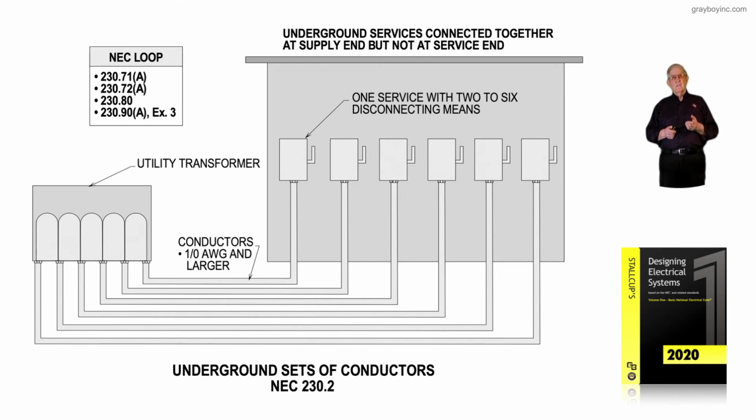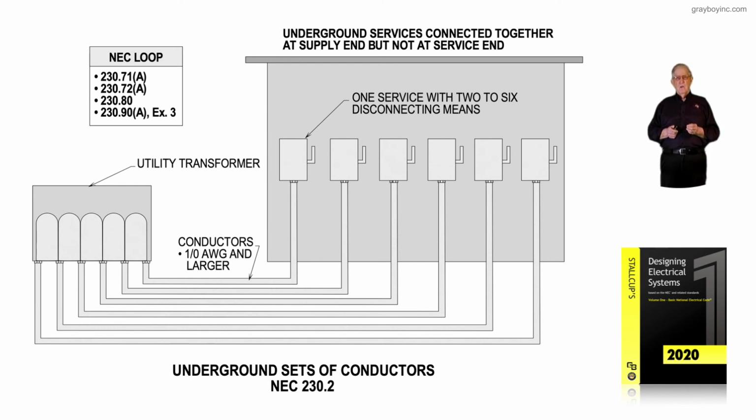say, exception 3 maybe to 230.90(A), and if we had loads in that facility that required inrush characteristics to start and run, then those overcurrent devices could be sized larger as identified in Table 240.4(G) that we talked about earlier. So the information above the facility basically says underground services connect together at the supply end, but not at the service